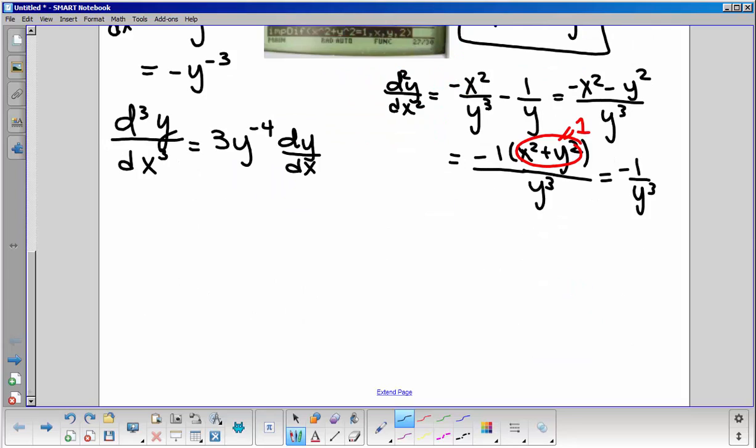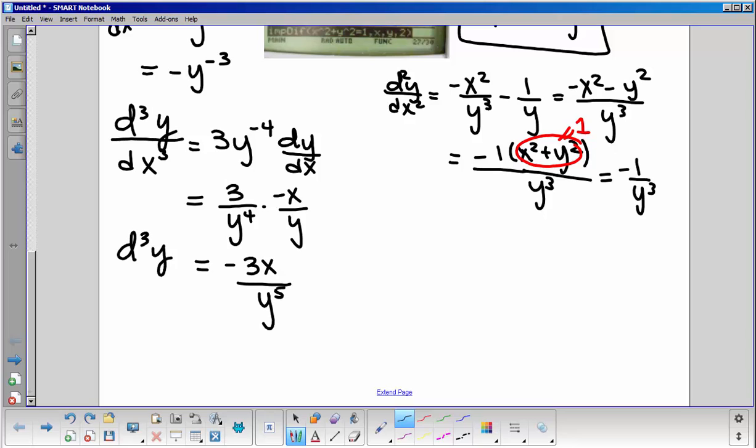Yeah. We do. What did we say it was before? Negative x over y. So I'm going to rewrite this as 3 over y to the 4th times negative x over y. And we get negative 3x over y to the 5th. All right, that's what we're going to say that the third derivative is,